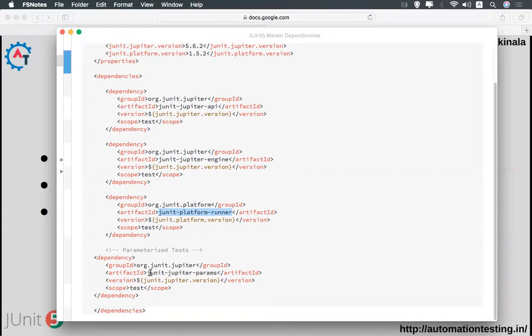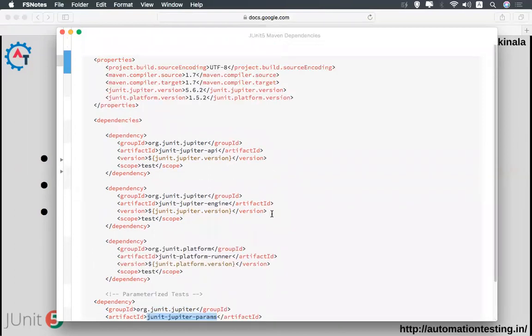And another one is JUnit Jupiter Params. These four are the minimum requirements to create a Maven project and use JUnit 5 inside it. So four dependencies: JUnit Jupiter API, JUnit Jupiter Engine, JUnit Platform Runner, JUnit Jupiter Params. These four are the minimum requirement to add into your pom.xml.